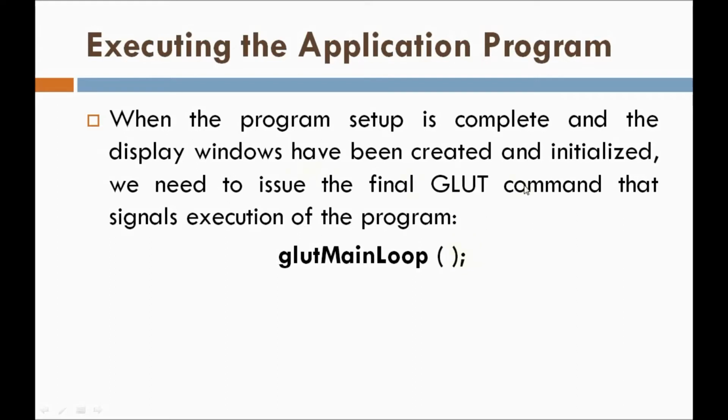So this is the final glut command you have to use to display your image. It starts the execution of the program. It takes the image and displays it. Again it will wait for another image. It will display it, and again wait for another image, like that. It keeps on waiting for the input from the user. If you don't want this, you should explicitly close this main loop. Getting, guys?